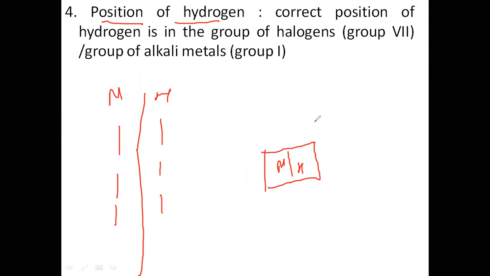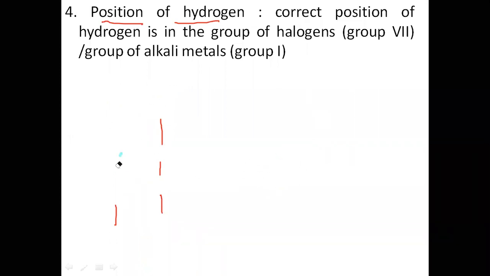So a similar type of dilemma we can see in the case of hydrogen. So let's understand what hydrogen is. Hydrogen resembles the properties of two types of elements. One is halogens and another is alkali metals. What halogens and alkali metals are, we will see in the next topic, the modern periodic table, in detail. But right now just try to understand that hydrogen has properties similar to your halogens and your alkali metals.